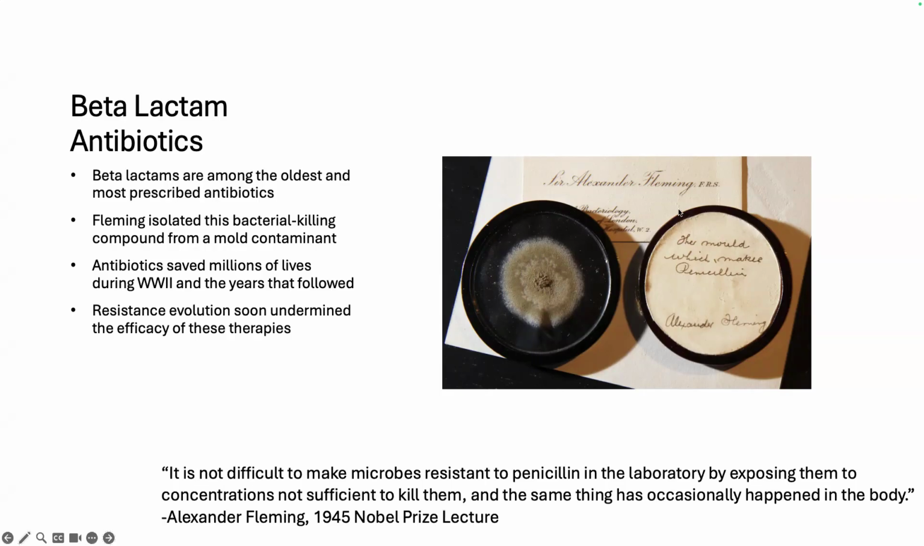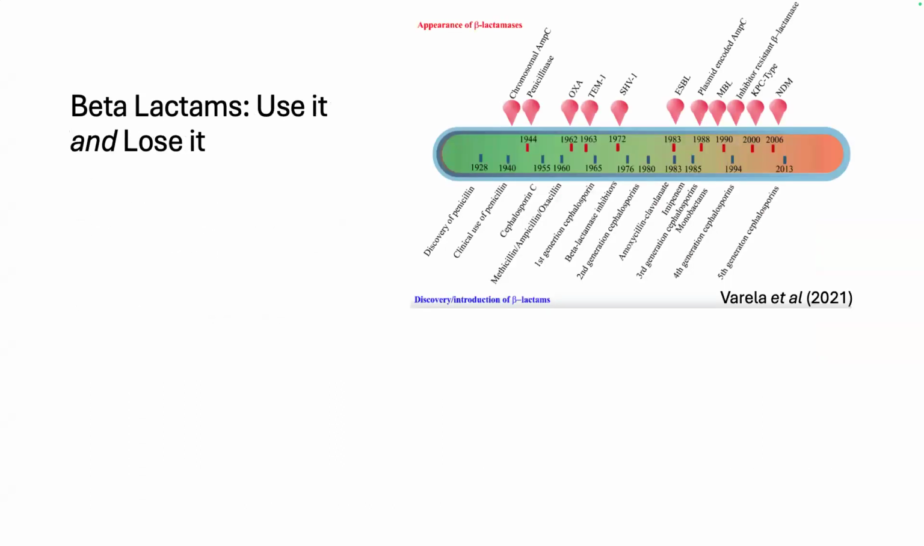And Alexander Fleming actually cautioned about this in his 1945 Nobel Prize lecture, where he said it's not difficult to make microbes resistant to penicillin in the laboratory by exposing them to concentrations not sufficient to kill them. And the same thing has occasionally happened in the body. And Fleming's warning actually turned out to be more like a premonition, as we now recognize antibiotic resistance as a